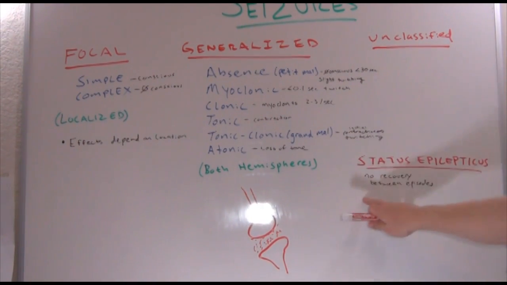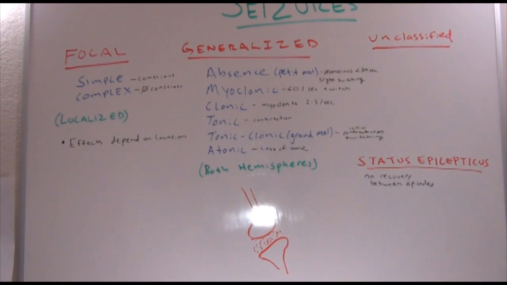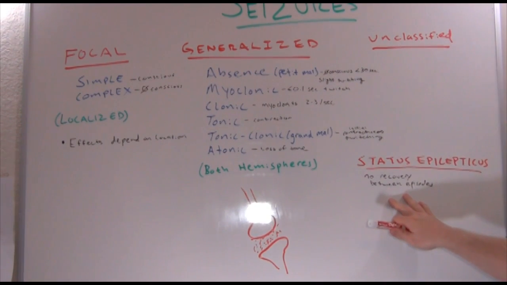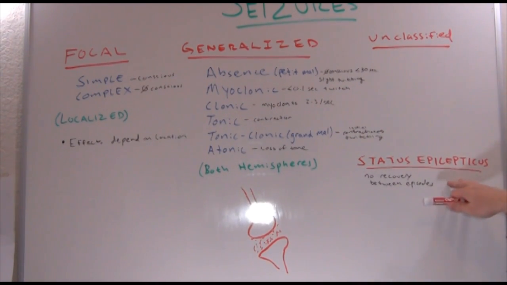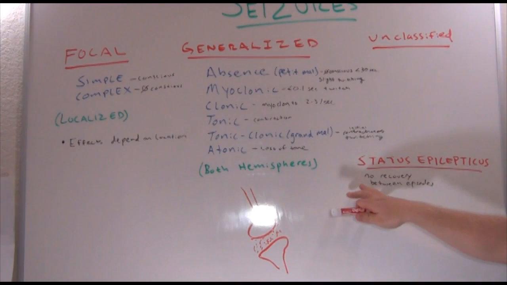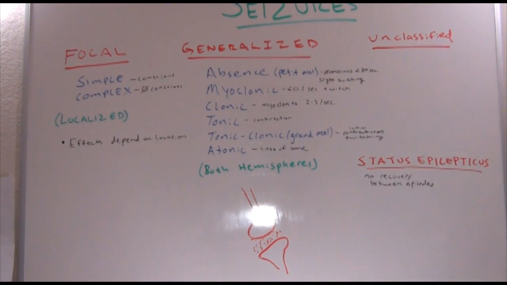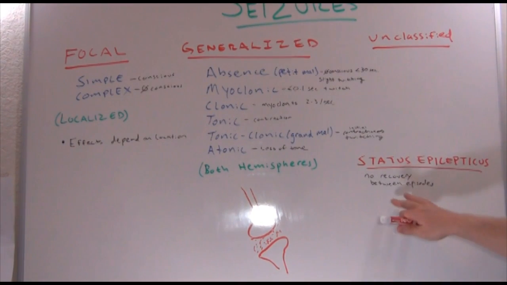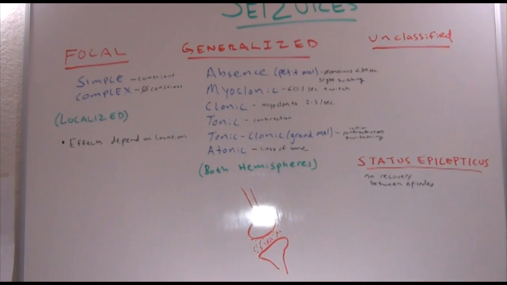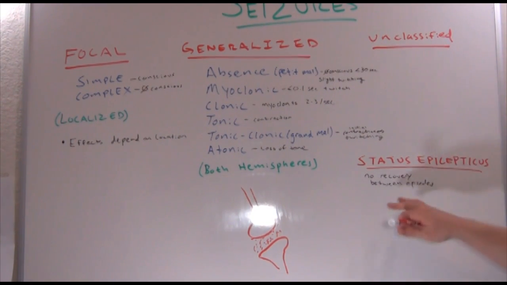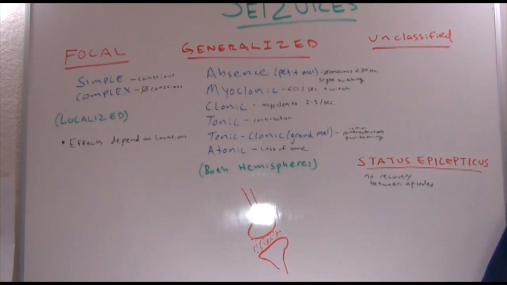So another thing that you need to be aware of, and this probably won't be tested necessarily on the NCLEX or anything, but something that you'll actually see in the hospital is what's called status epilepticus. And with that, there's no recovery between episodes. So the patient's just having these seizures with no real recovery. So what we can do with this is we can sedate the patient, and we can stop the visible signs of seizing, but they may still be having that excessive excitement of the neurons within the brain.